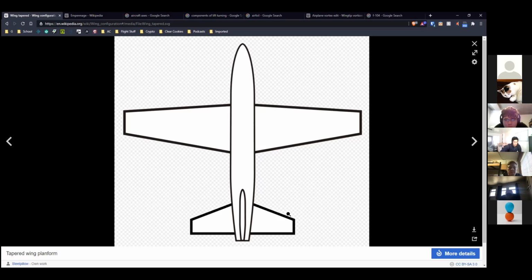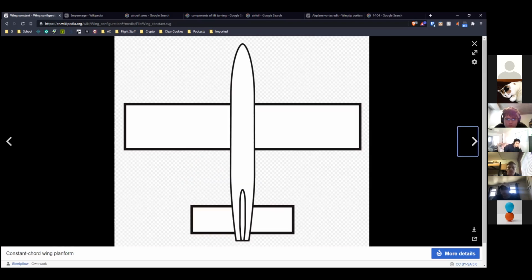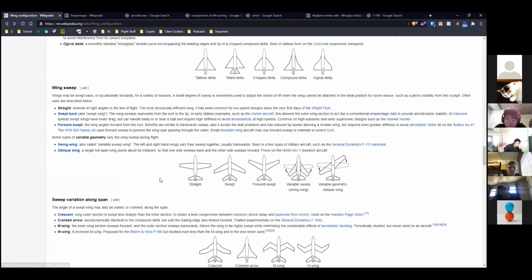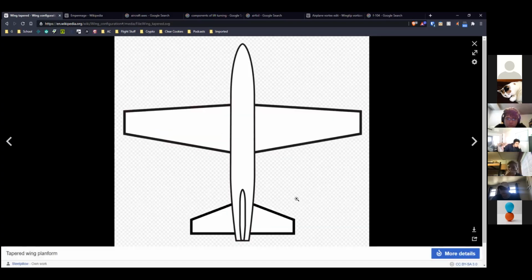But really we do this because it requires more structure to make it stable if it's not swept, especially on the tail. Because if you did the opposite and made it swept forward, you can do forward sweep, which has been experimented with, and it's harder to build, so it's not very common. But if you imagine sweeping this forward, then any force acting on that front tip of the tail would be amplified,